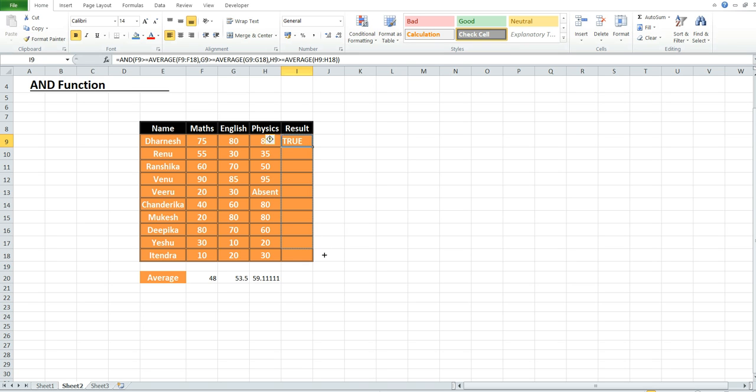Okay, as you can see, we got the result false because the English subject number didn't satisfy the condition, right? Because here we are getting 30 in English and the average number is 53, so the condition is false. So according to this we got the result here,